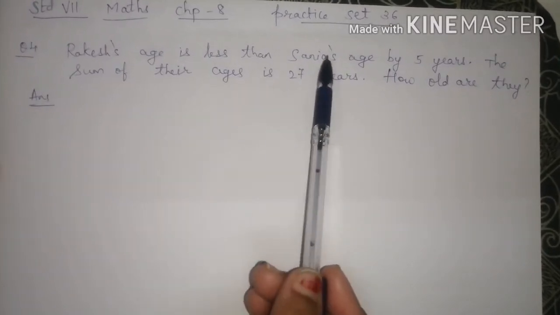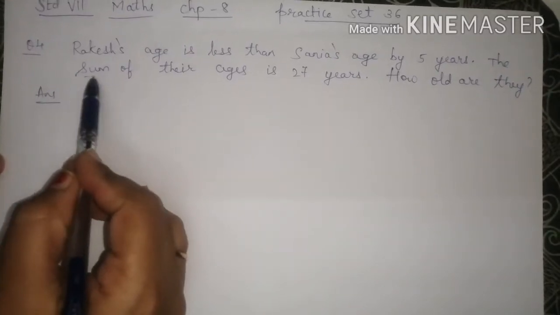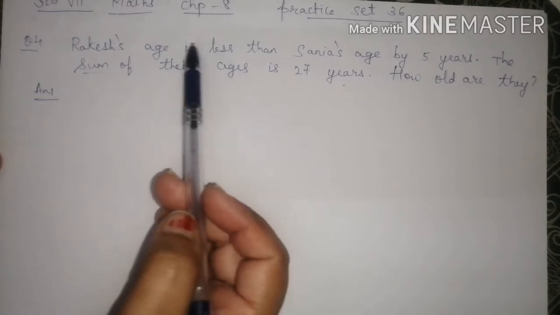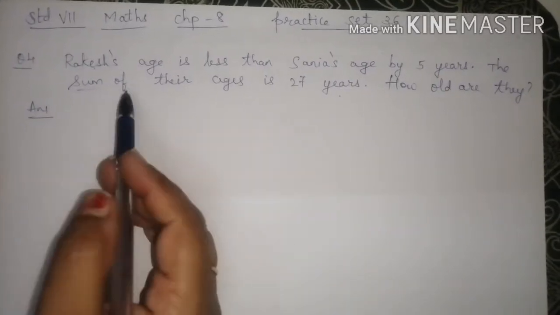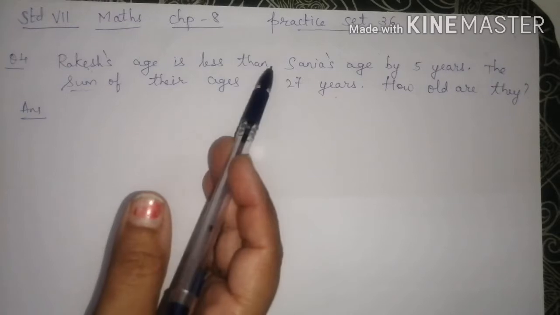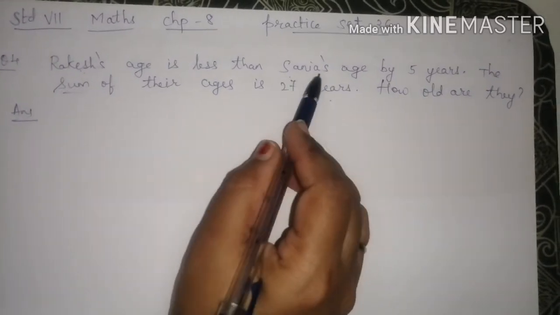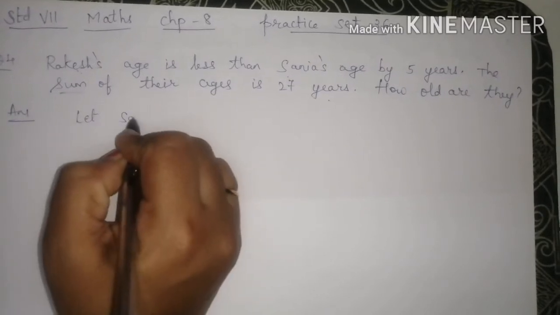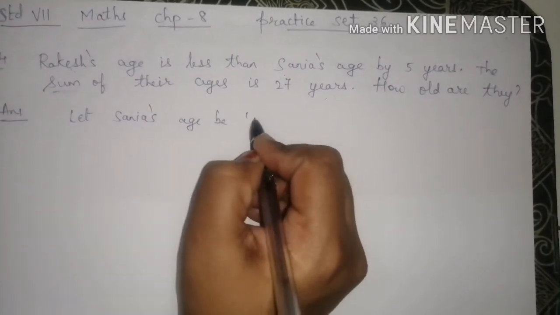Rakesh's age is less than Sania's age by 5 years. The sum, meaning total, of their ages is 27 years. How old are they? So there are two, one boy and one girl, Rakesh and Sania. Now they are saying Rakesh's age is less than Sania's age by 5 years. So we don't know Sania's age first. So Sania's age, we'll assume, let Sania's age be x years